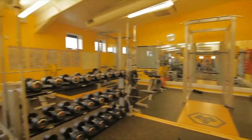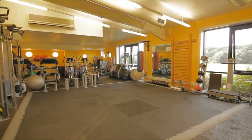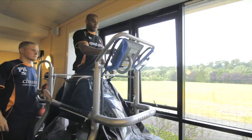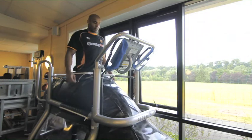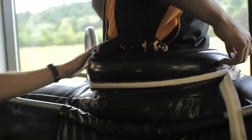So this is the gym. We've got quite a lot of cardiovascular equipment which the injured boys tend to use. I'll show you this piece of rehabilitation equipment which we have, which is known as the Ultra-G treadmill, a treadmill which allows you to run at a certain percentage of your body weight, almost like a reverse vacuum if you like, to blow air into a skirt, and the increased air pressure in the bottom part of the treadmill actually